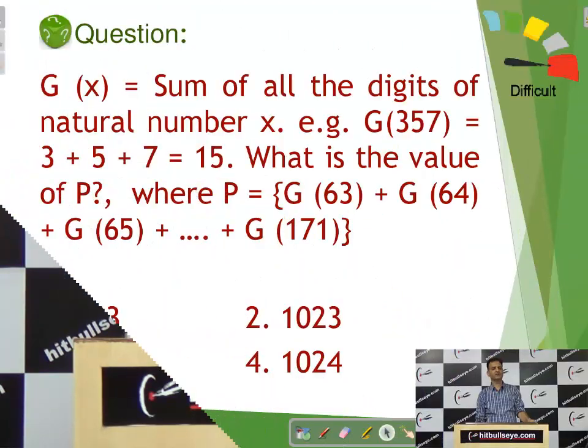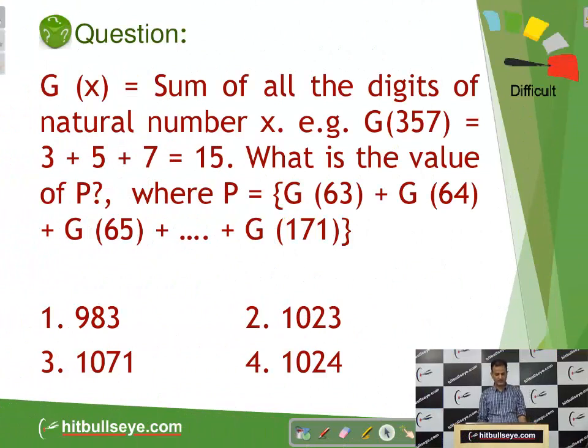Today I am going to discuss a very important trick of digital root which can help you in simplifying your various questions on number system and algebra. There are various ways to solve tricky questions which you can find in various competitive exams. But I will tell you a trick of digital root with the help of which you can solve the questions within a few seconds. Now let's have a look on the question of digital root.